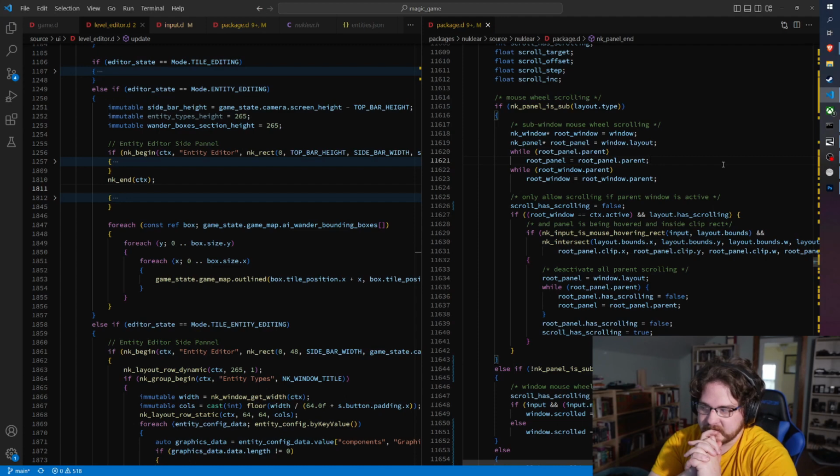So the clip rect in this case is, I'm assuming, like the clip that's sent to the graphics API. And so it's like it's rendering a specific clip of that texture. Okay, so break it down. What is the issue? How do we know whether or not a sub panel has